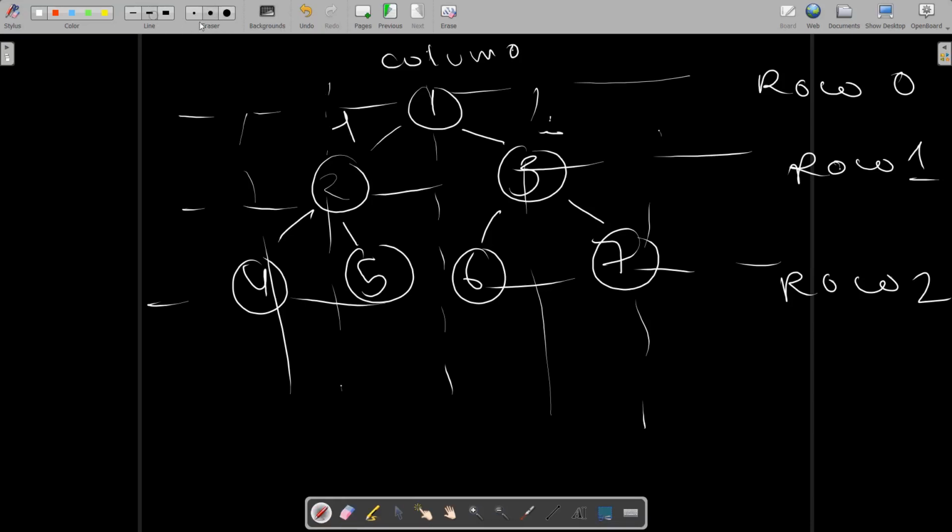Okay. Yeah, this is my column minus one. This is my column plus one. This is my column minus two. This is zero. This is zero, and this is plus two. Right. So the top view of the binary tree is basically, for each